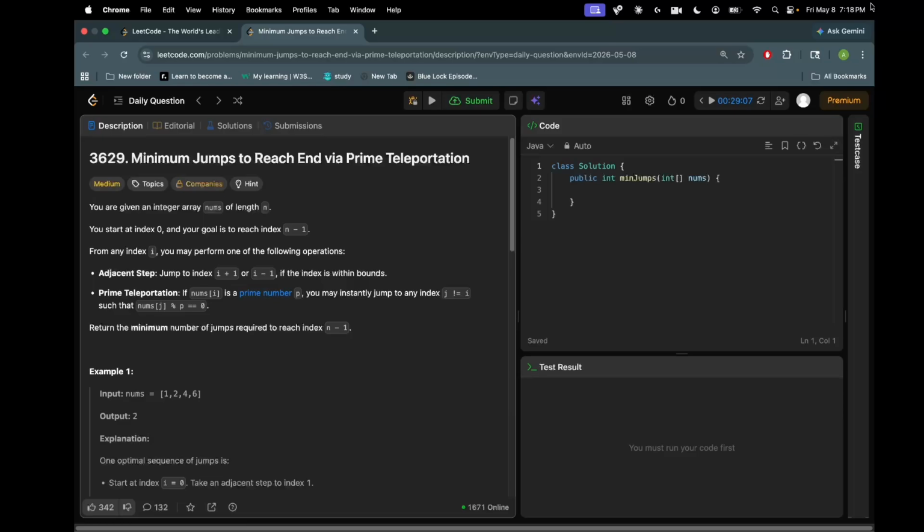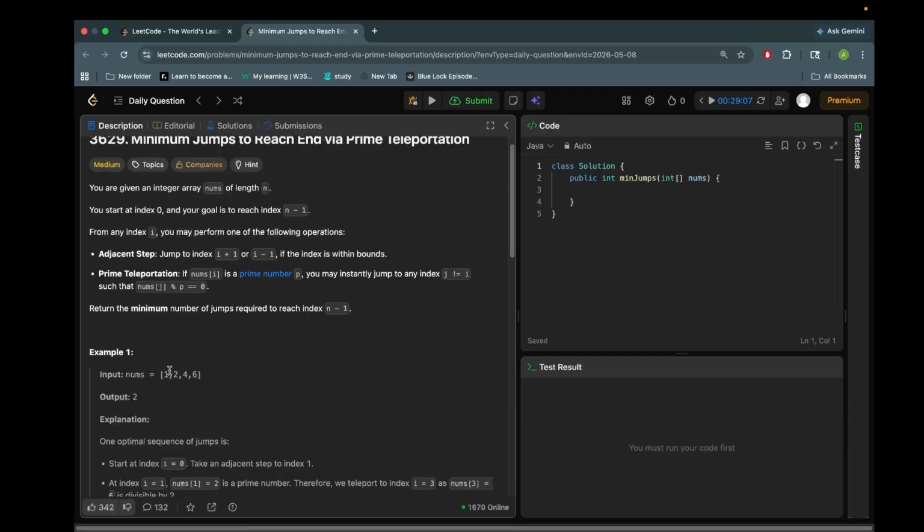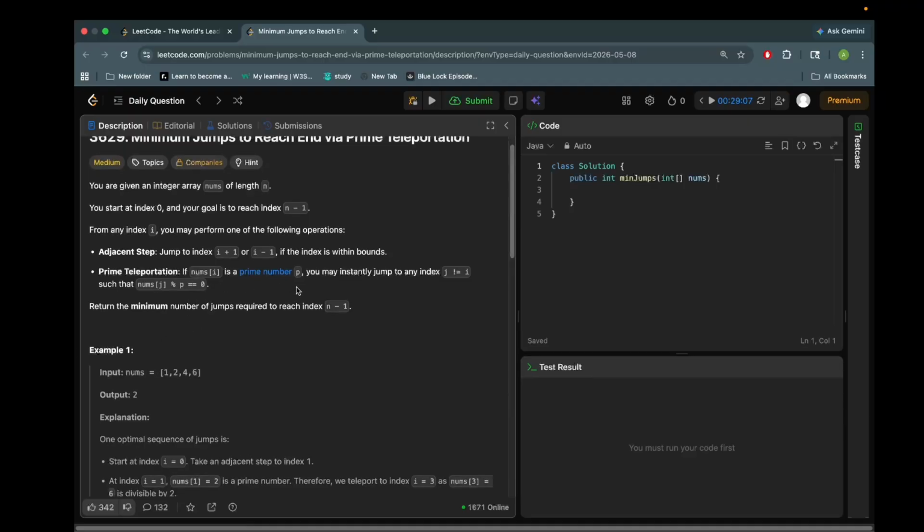Okay, let's see what we are given. We're given an integer array of nums, and we start from index 0, and our goal is to reach the end. For any index i, you may perform one of the following operations: adjacent step, jump to index i plus 1. So we could go from 1 to 2, but if it's out of bounds then no. And then if I have a prime number, you may instantly jump